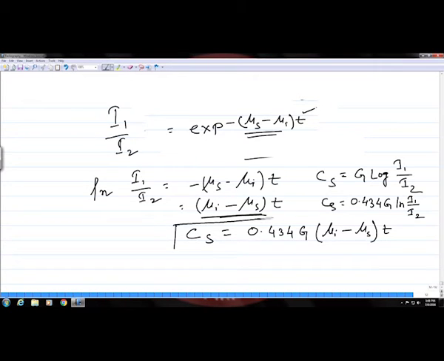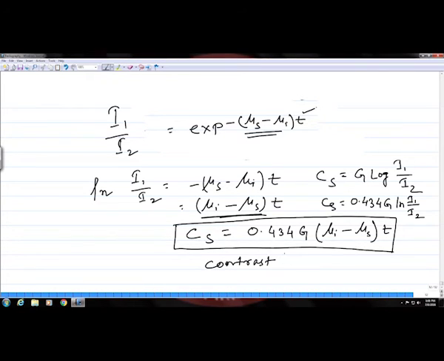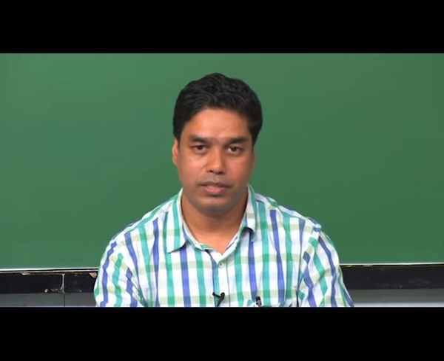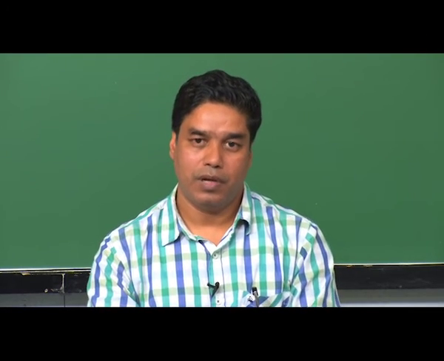Okay, so from here you could see that the contrast from an inclusion is not going to depend on the thickness of the parent material, but it will depend on the thickness of the defect or the inclusion. So, you simply have to see whether this contrast is enough or not, and accordingly you have to choose those exposure parameters for getting a C s value which is easily visible to the human eye.